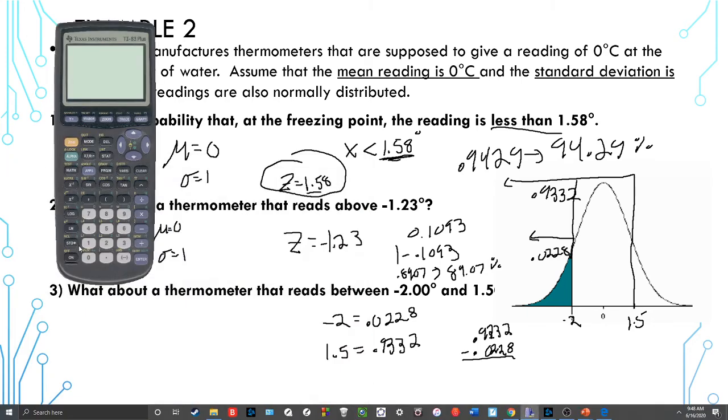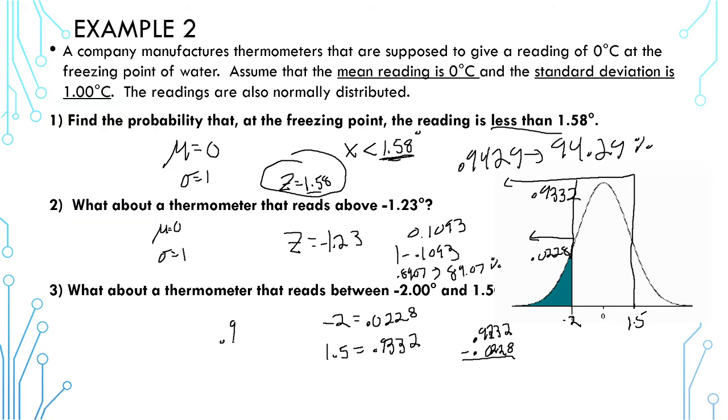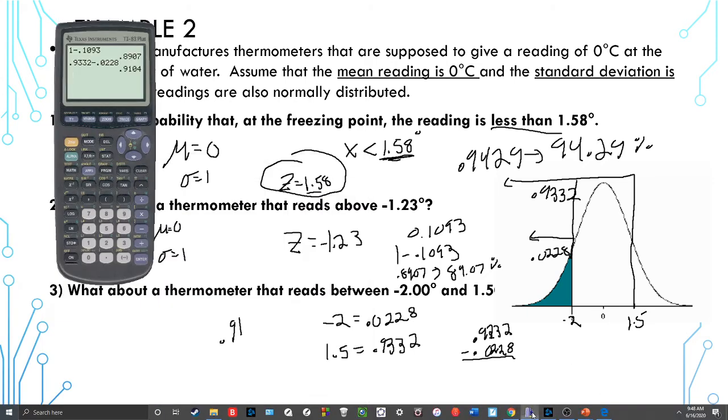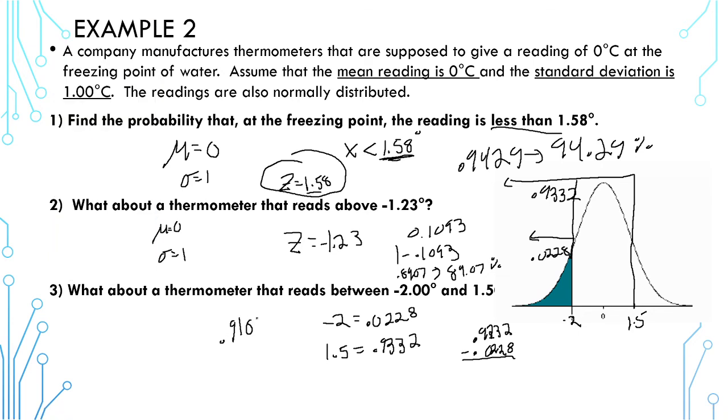So if I do that on my calculator real quick, 0.9332 minus 0.0228, we get 0.9104. So my answer for being between negative 2 and 1.5 is 0.9104, or about a